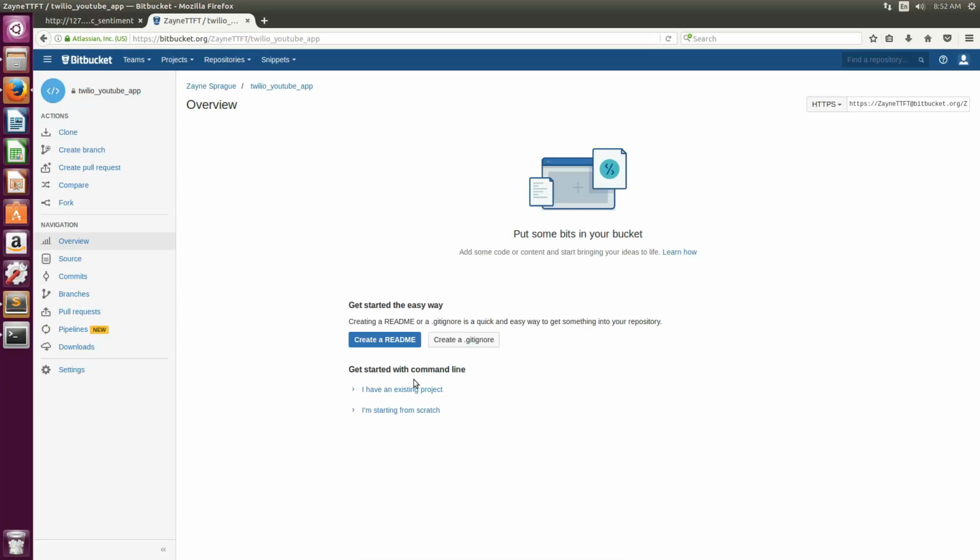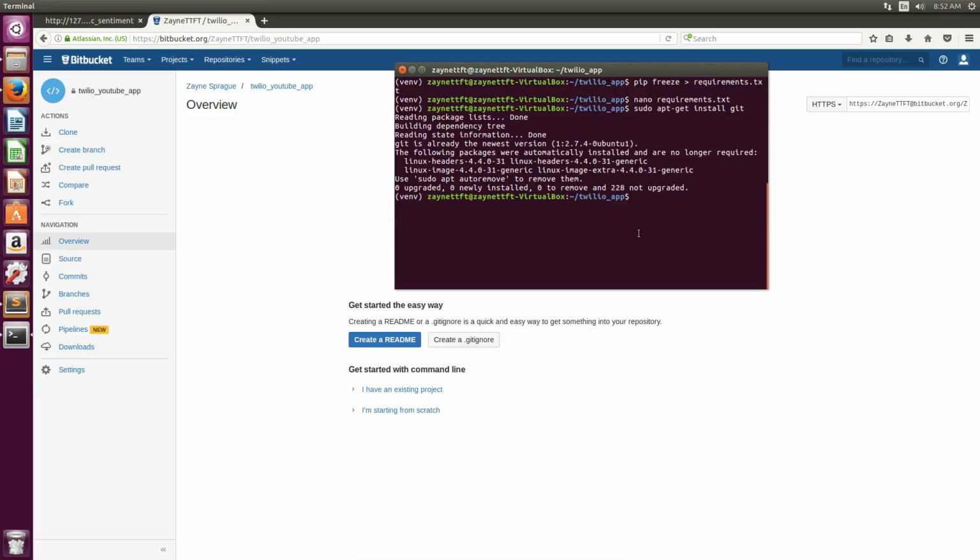So now you should be looking at this screen. This is where our code is going to be saved. So now what we are going to do is link our code to our Bitbucket repository, and then push. So go to your terminal, and inside your terminal, make sure that you're inside your Twilio_app